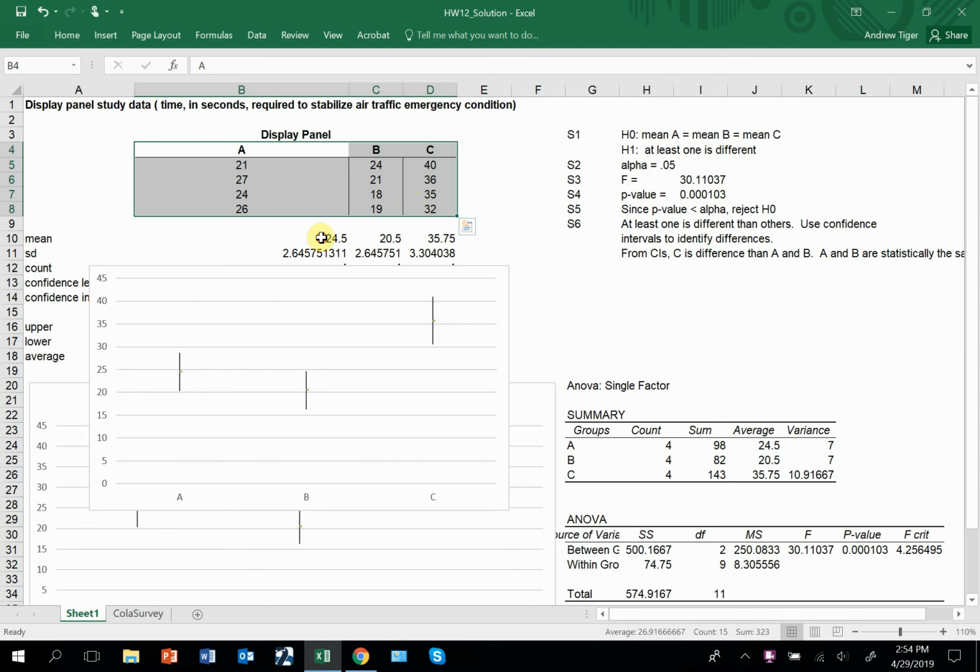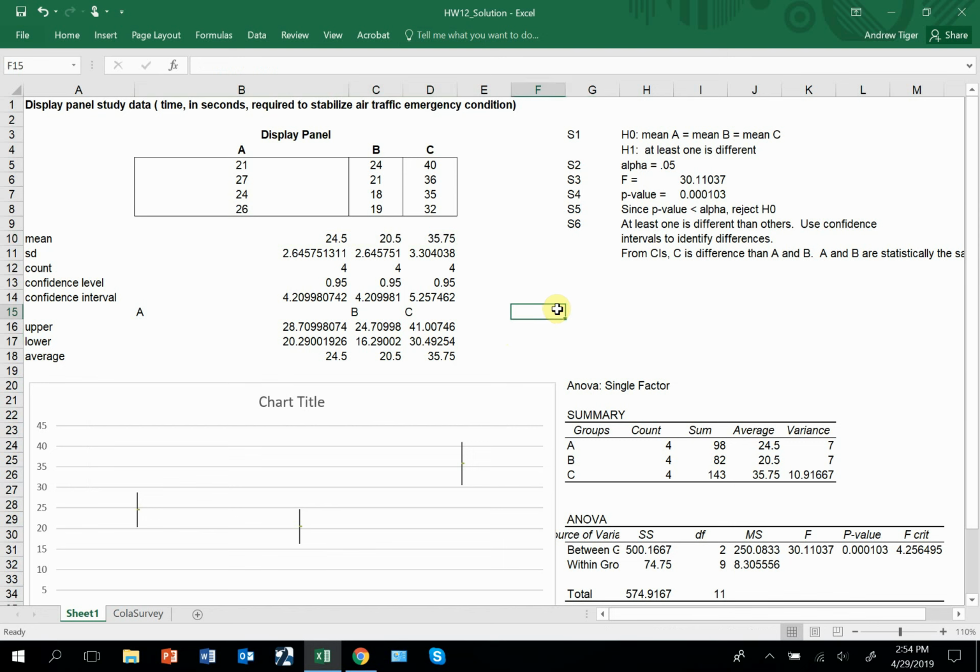If you just look at the averages, it looks like the best one is B. Because those are the averages, the X are the average time, and B is the best one because smaller is better. The question is